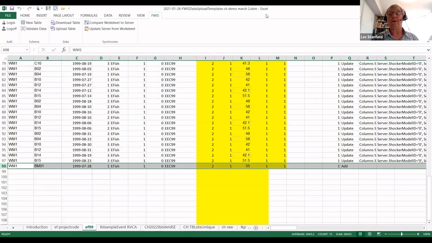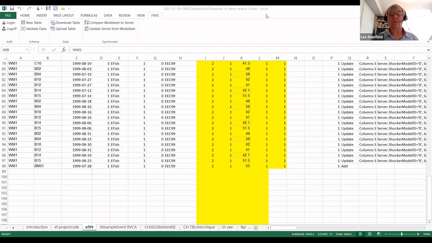So now I'm going to go back to, hopefully you're seeing the PowerPoint deck again. I won't spend too much time on this, but I do want to mention it because one of the things that FWIS has the ability to do is to also store and view photographs and sketches. I should have shown you that when I was looking at the site identification data. I should have done that, but basically,